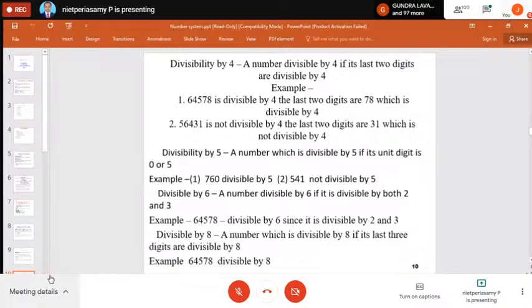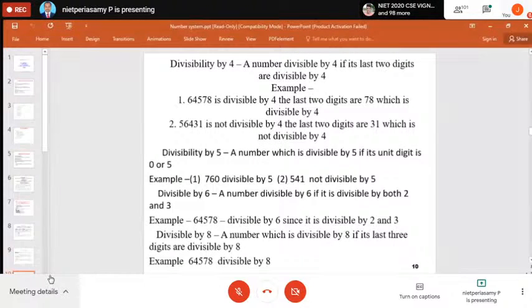Next one is divisibility by 8. In a given numeral, if the last three digits are divisible by 8, then the whole number is divisible by 8. In a divisibility test, if the last three digits are divisible by 8, then the whole number is divisible by 8. Take the same example,